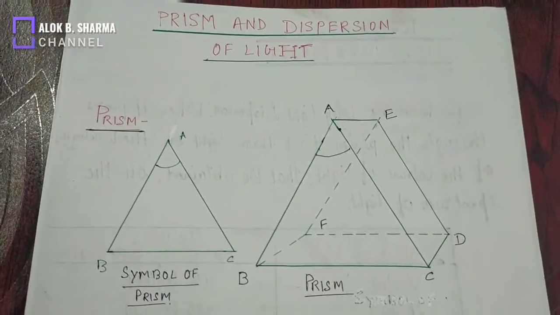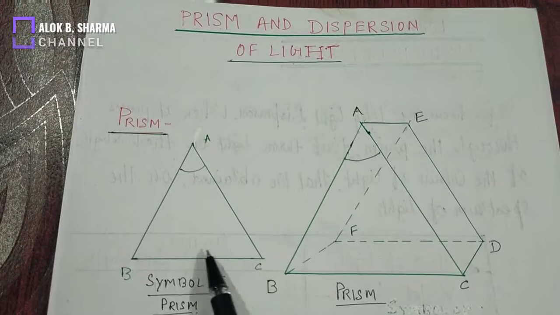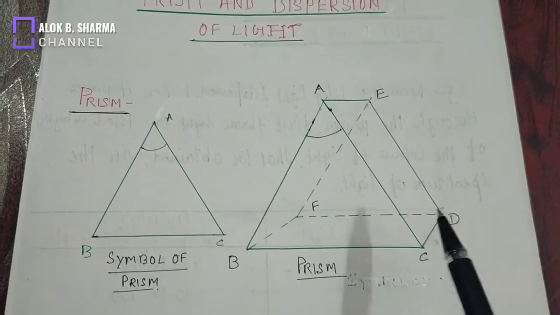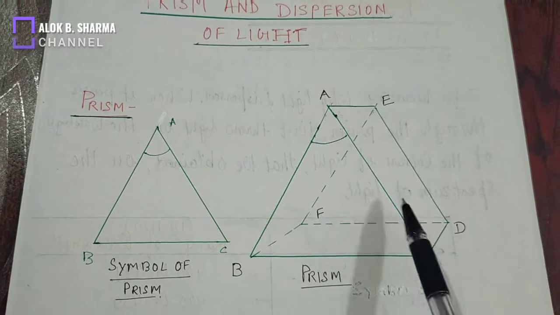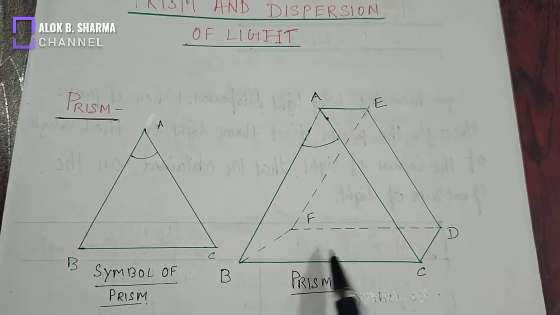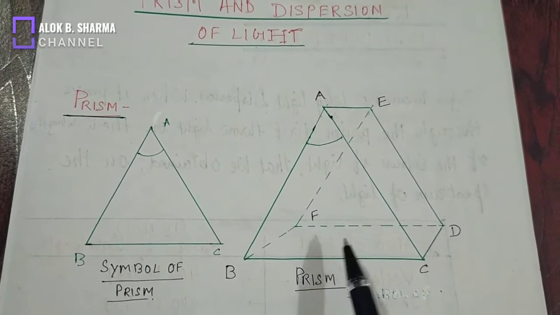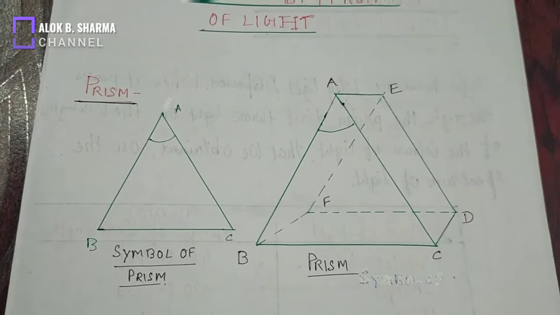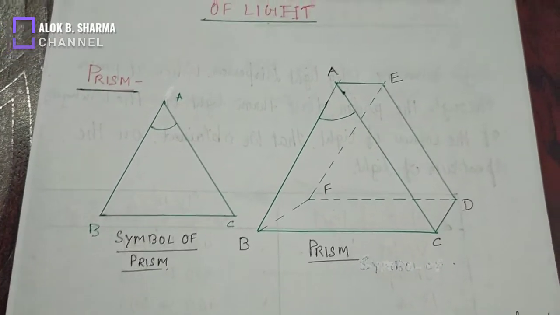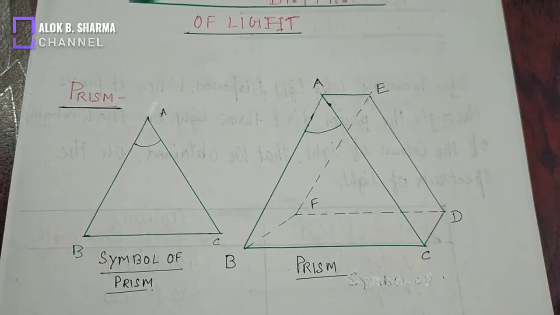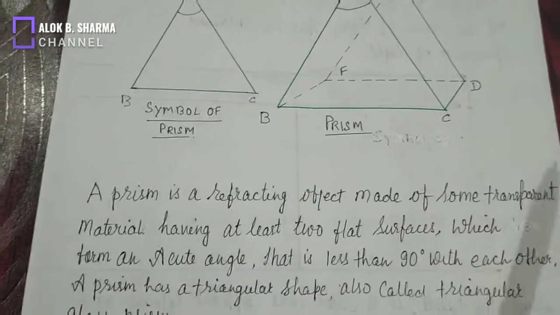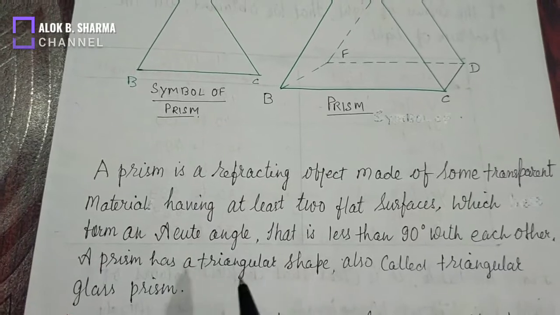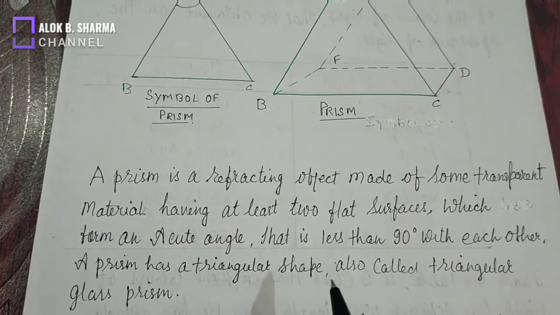Let us see what is a prism. This is the symbol of prism and this is a schematic diagram of the prism. A prism has three rectangular surfaces. One is called base of the prism and other two surfaces are called refracting surface of the prism. It is made up of glass. A prism is a refracting object made of some transparent material having at least two flat